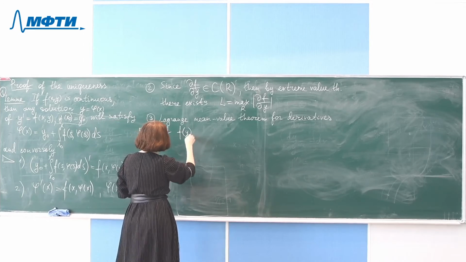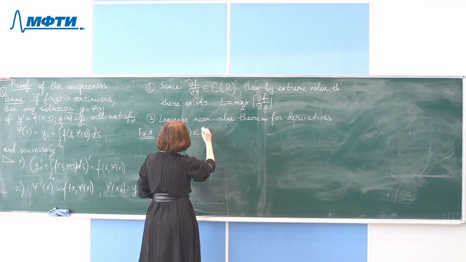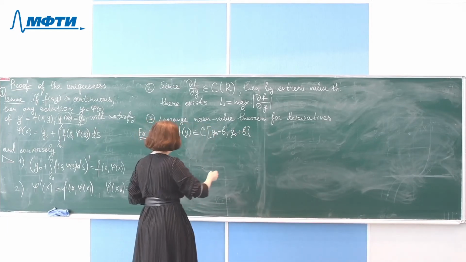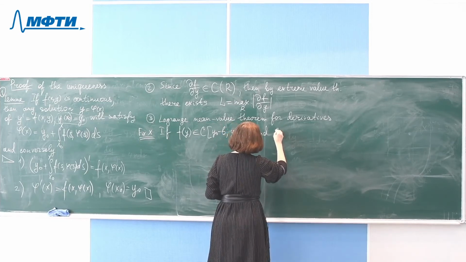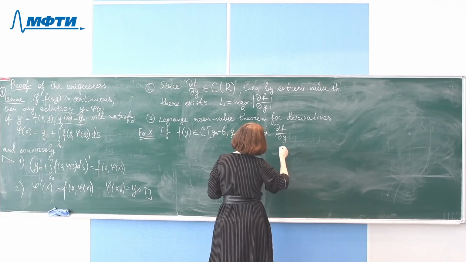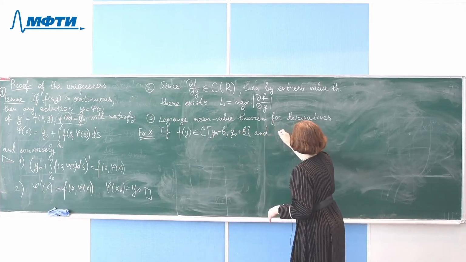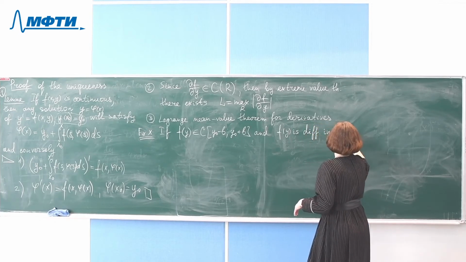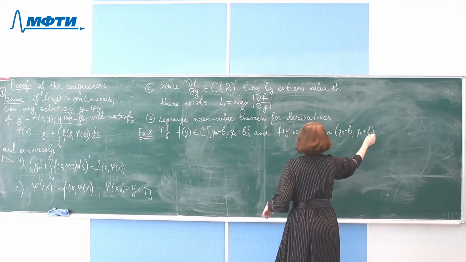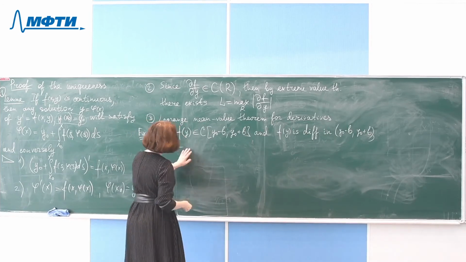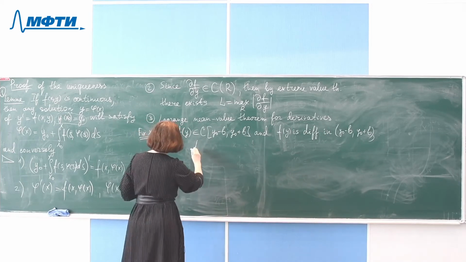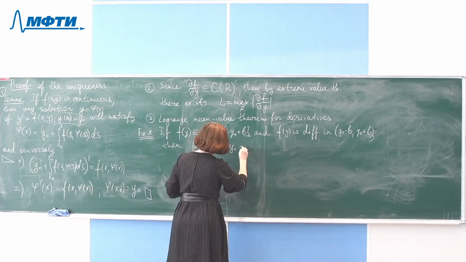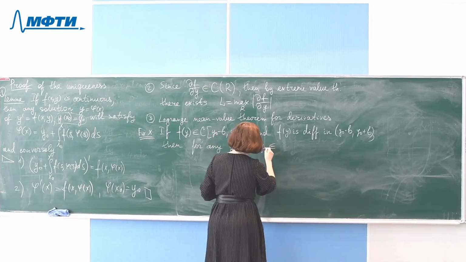So since f of y is continuous on y0 minus b, y0 plus b, and differentiable on y0 minus b, y0 plus b, then for any two points y1 and y2 from this interval,